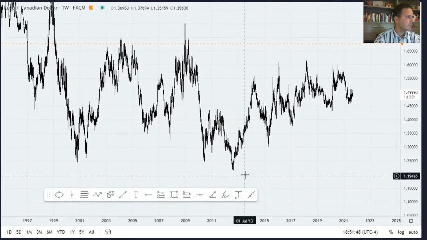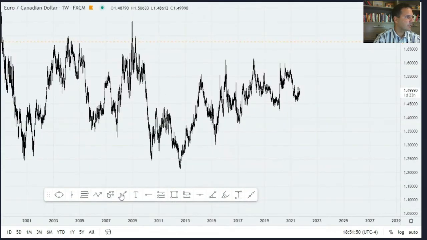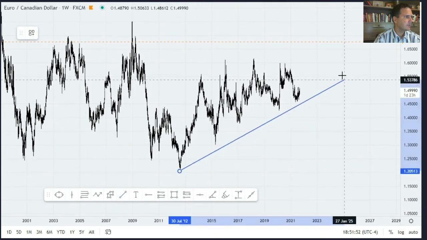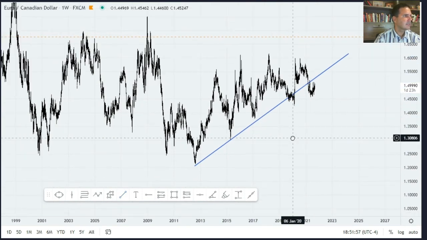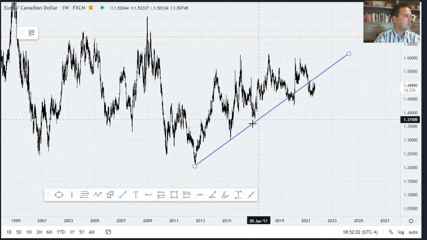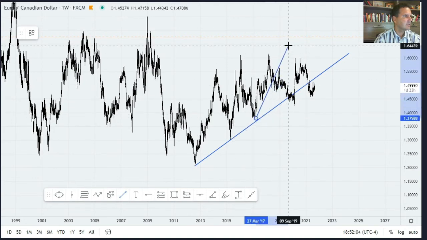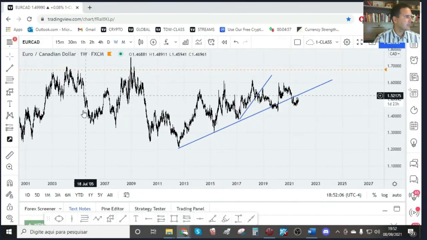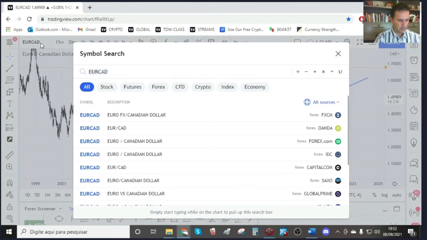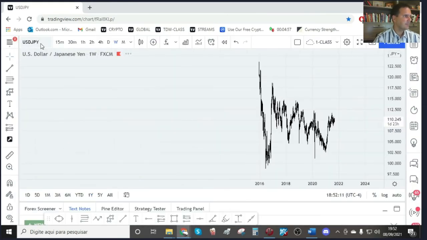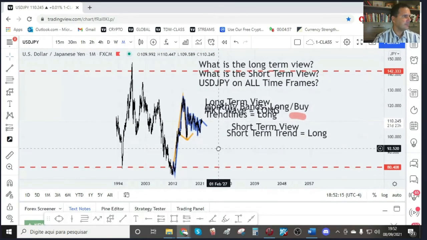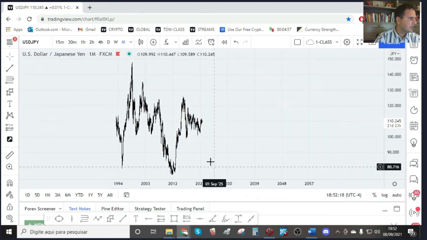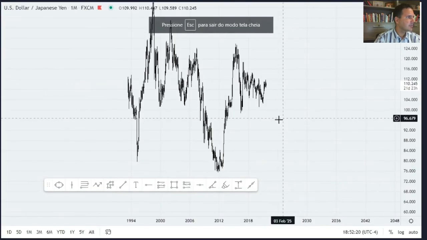EuroCAD weekly chart. It's all the same, you know. We are using the same concepts on different time frames, higher high. So this trend line stays like this. And what would be the example? Maybe this one. Bad example, I cannot show you. Let's go on USD JPY monthly chart. Remove drawings. USD JPY monthly chart, everybody.